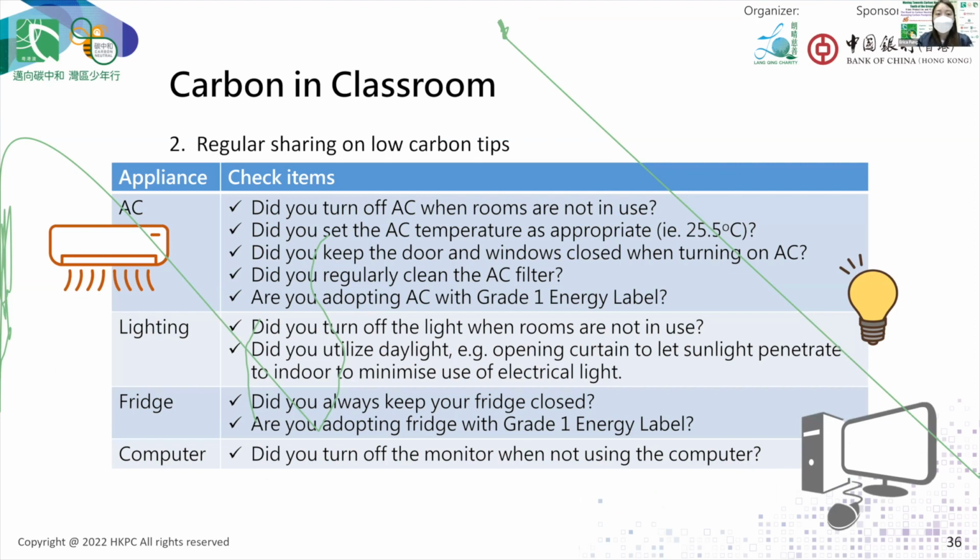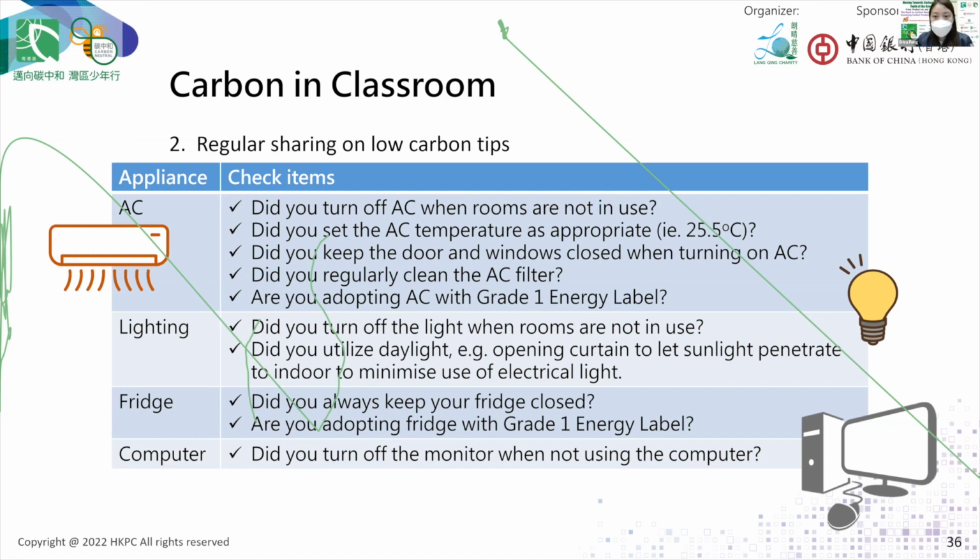For example, for the air conditioning in classrooms, did you turn off the air conditioning while the rooms are not in use, or did you set the AC temperature appropriately? They can also take note of whether the AC has a grade 1 energy label, as those are very energy efficient. And also for the lighting, we can remind them: do you turn off the lights when the rooms are not in use, or did you